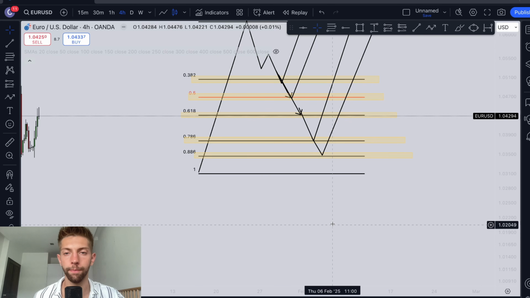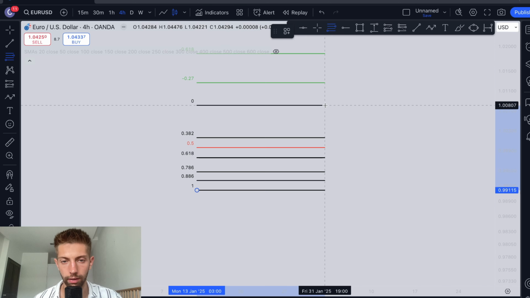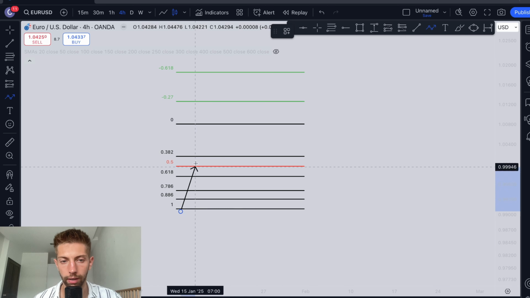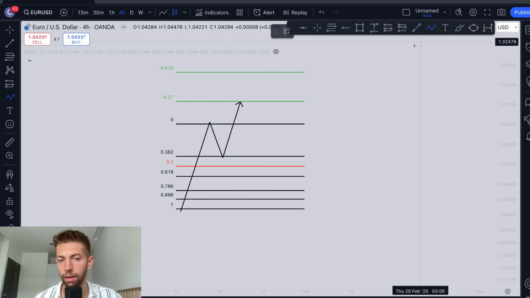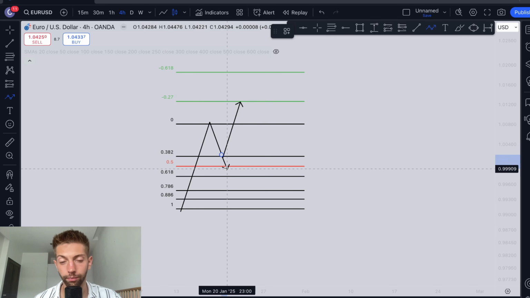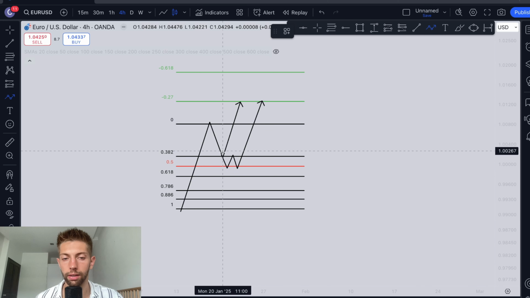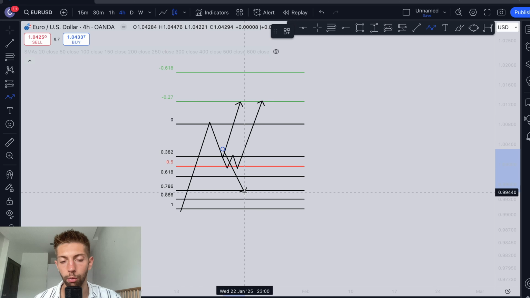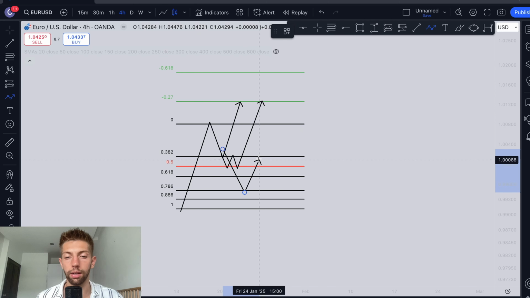But what you will see is that when price pulls back 38.2%, you will most likely see an immediate shot to new highs. If price pulls back around 50%, you can see maybe some little range and then price goes to new highs. But if price pulls back more than 50%, let's say 61.8, 78.6, price most likely is not going to just go straight to new highs. Price will most likely do something like this: